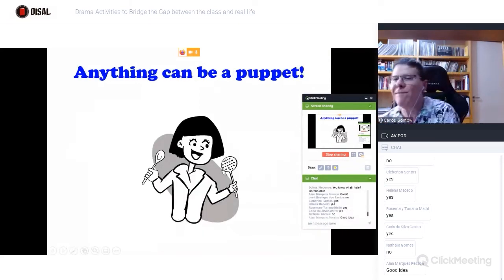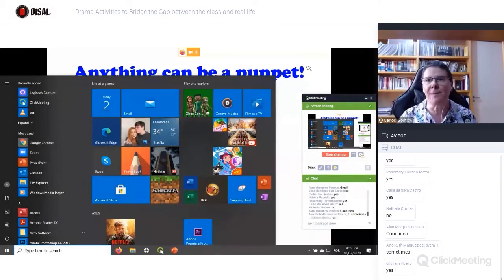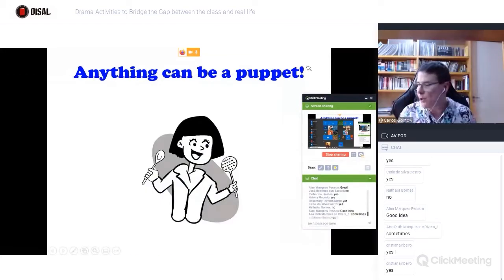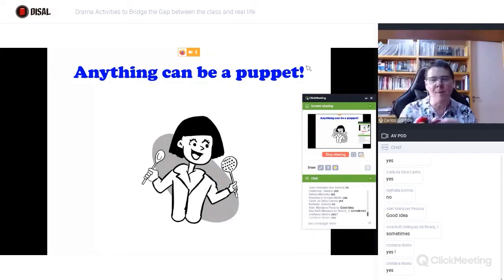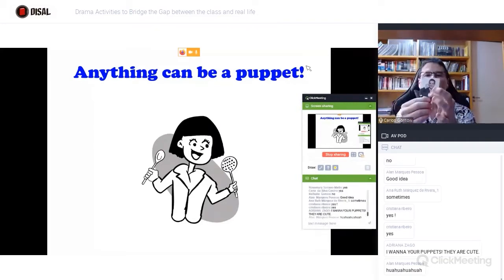If you don't, I have my real puppets here. Oops, just a second. I have these finger puppets, the ones you put on your fingers, and you can use them to talk. If you don't have a real puppet, you can use a marker and an eraser, and they can talk. Hello, my name is Eraser. Hi, I'm a marker. How are you? You can get a stick and paste a picture and have a paper puppet.